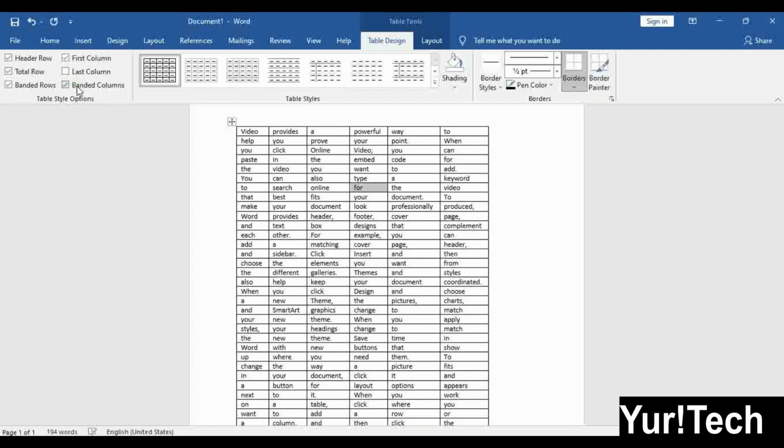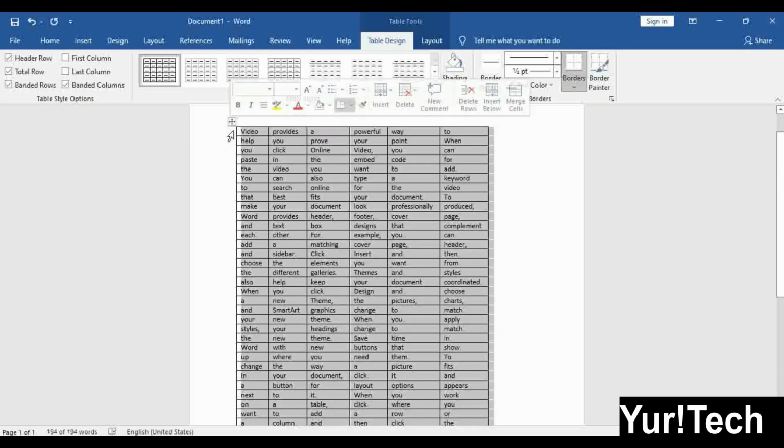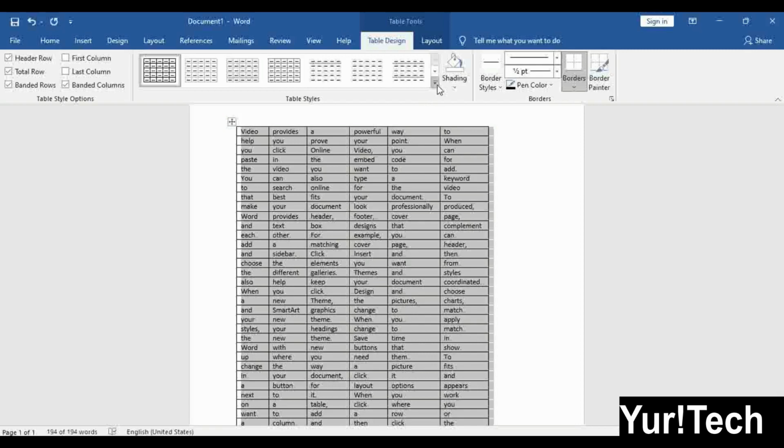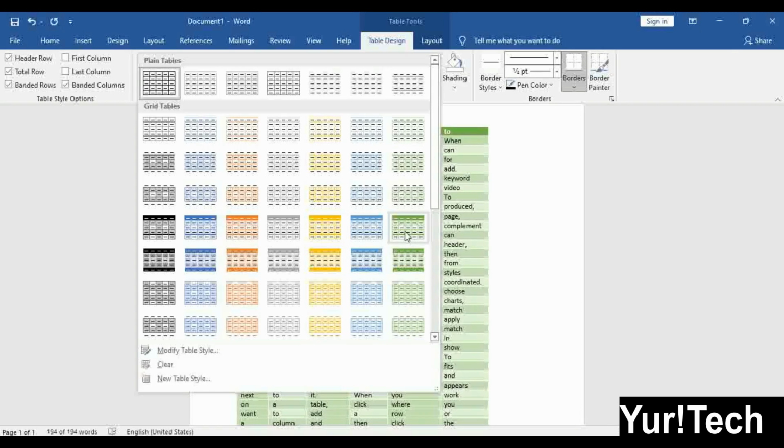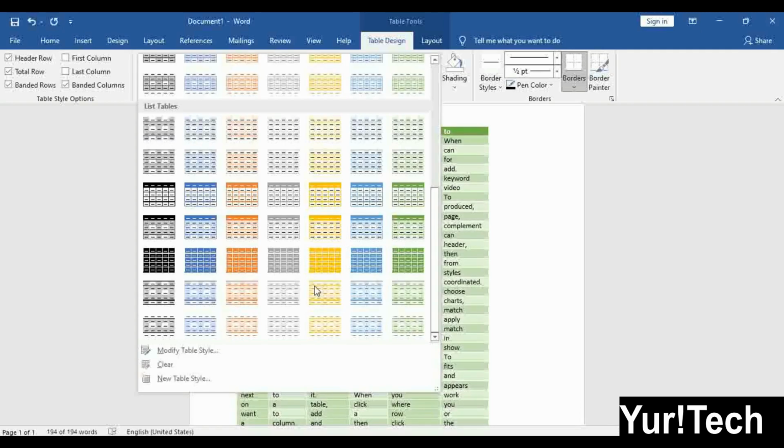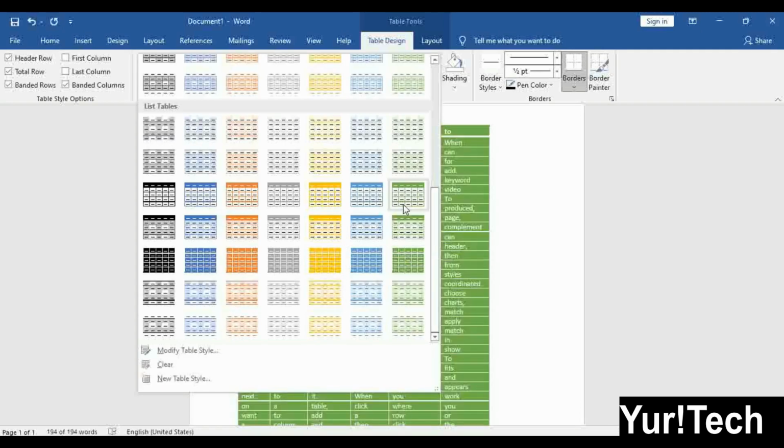Then I want banded columns, but I don't want the first column. Then select by clicking here on this plus anchor point, click one time, then come here to this arrow. Here are some specific designs, and you can choose any of them.